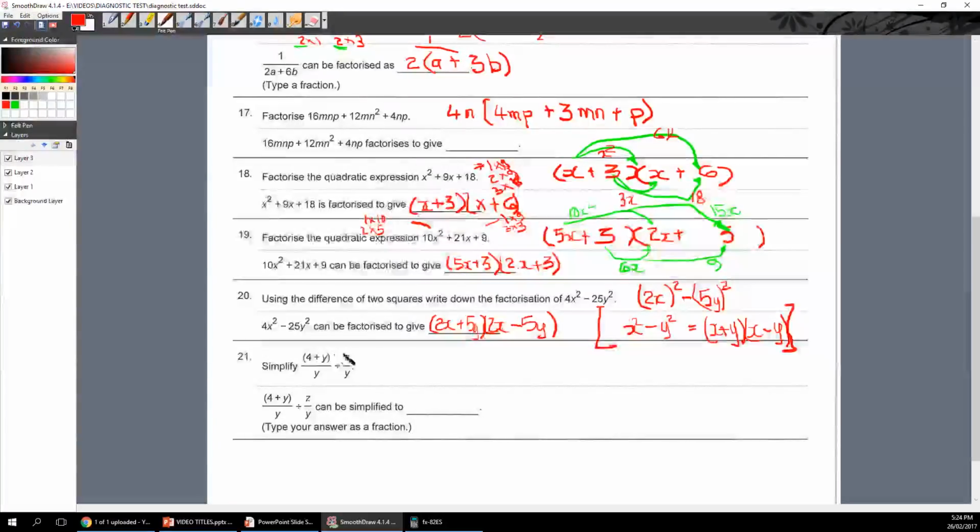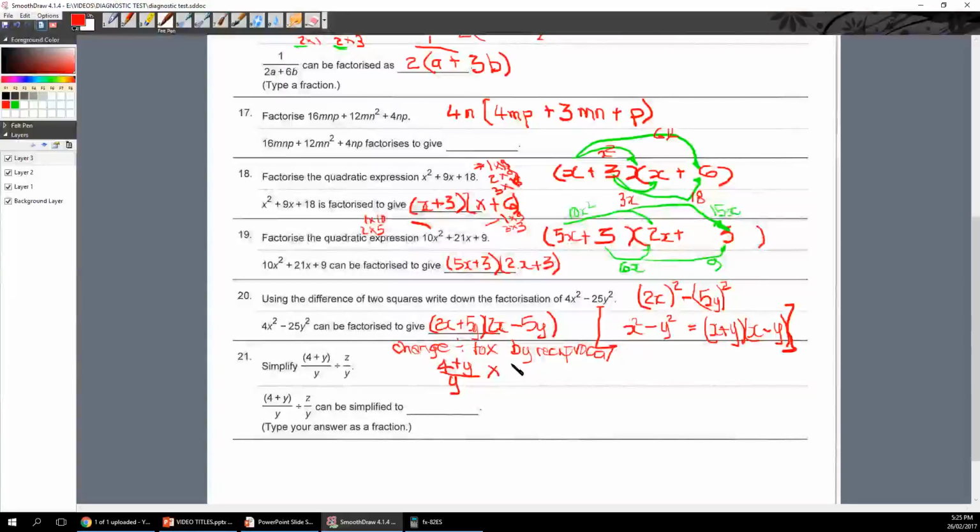Simplify that. Right, now the first thing we've got is we've got to divide here. So we've got to change divide to multiply by the reciprocal, R-E-C-I-P-R-O-C-A-L, reciprocal, that means 1 over. So what we do here is we rewrite this 4 plus y over y